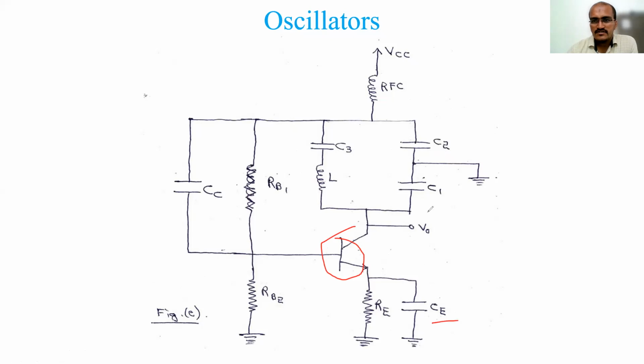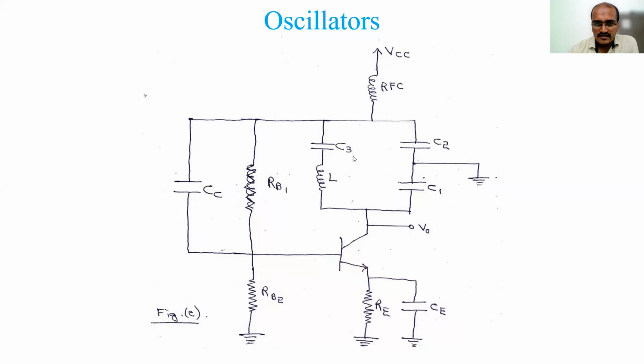So here C1 and C2 are there as in the Colpitts oscillator, and there was only an inductor in the case of the Colpitts oscillator. Now I have added a very small capacitance C3 in series with it. Because it is modified, this will nullify any stray capacitances available in the transistor. That will be represented by this C3, and because of this its name is now Clap oscillator. So this is about the circuit.